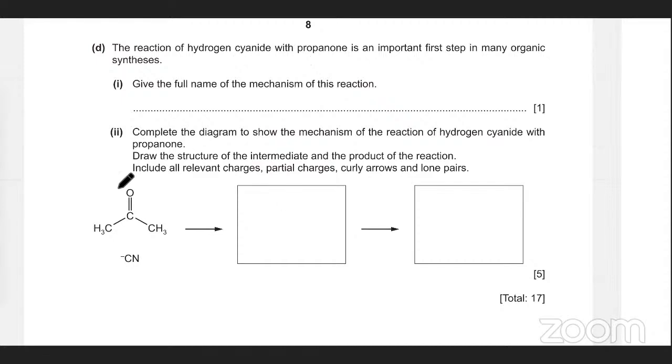This is hydrogens. This is nucleophilic addition. So this is all aldehydes, ketones, carbonyl groups. They undergo this reaction. What happens is that this carbon has a partial positive charge. The oxygen has a partial negative charge. The CN, remember the lone pair is on C. So the lone pair will get attracted to the positive carbon and the electrons over here are going to be repelled. So CN minus will be attracted very strongly to the positive carbon and the O is going to get repelled. And in the next step,